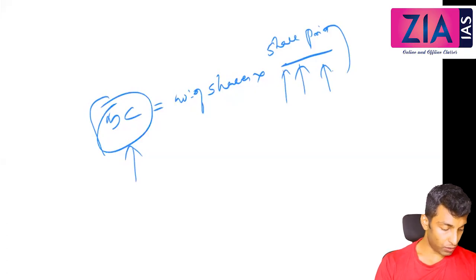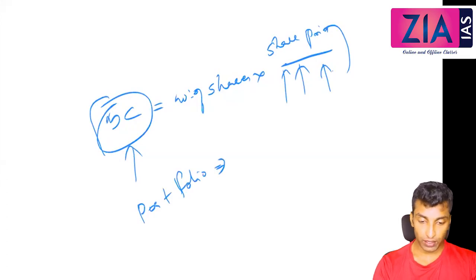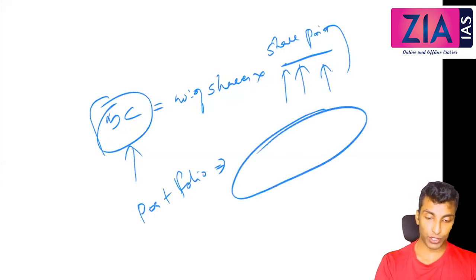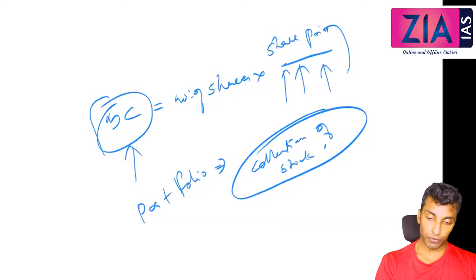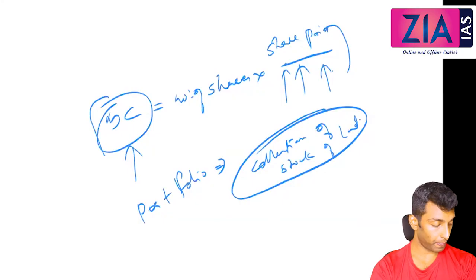Okay, so IPO we have done, FPO we have done, initial public offer, follow-on public offer, primary market, secondary market. Portfolio means, you will see this portfolio. What is this? Collection of stock of an individual. Your portfolio means the collection of your stock. You will see these terms in the stock market.